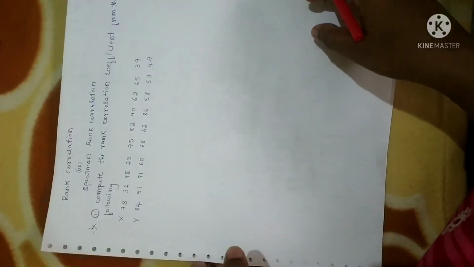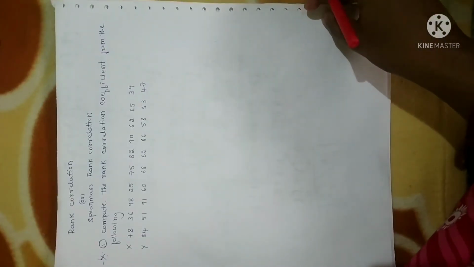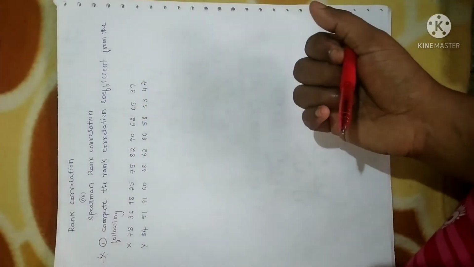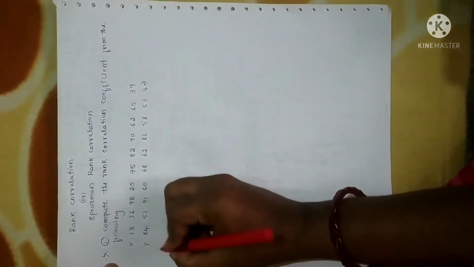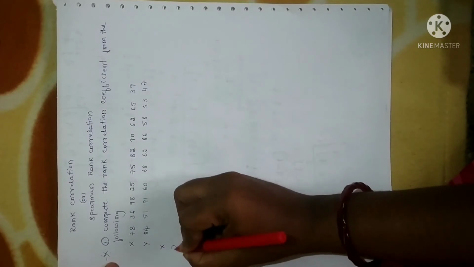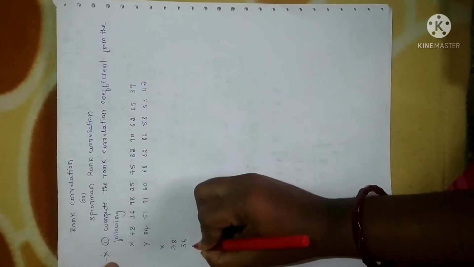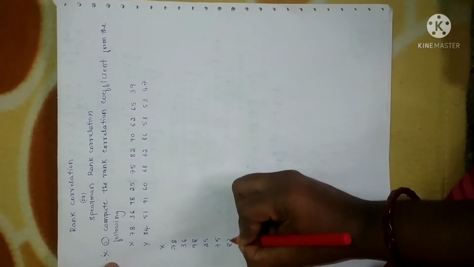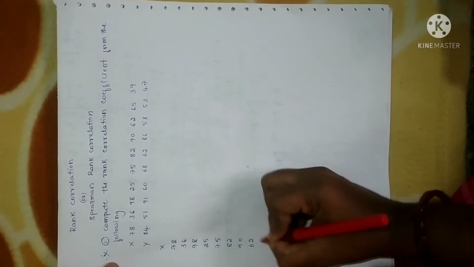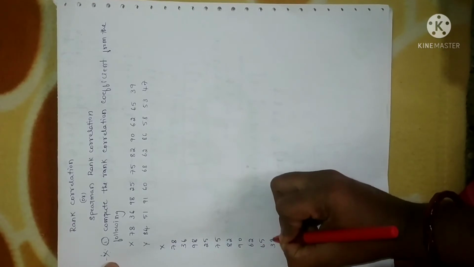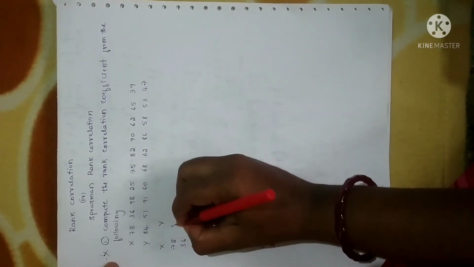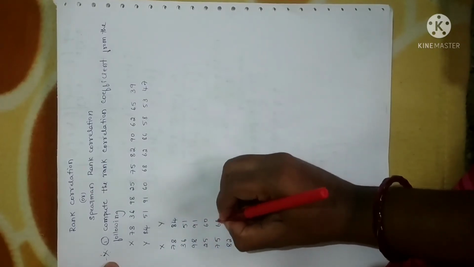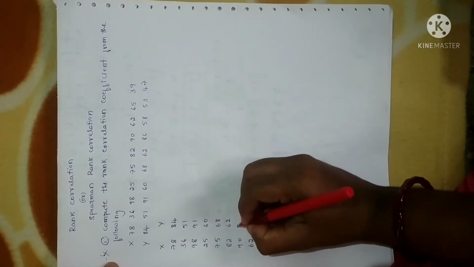Fine. Now look at the second problem. So here also we need to calculate the rank correlation. In the problem itself, it is clearly mentioned. First step, as it is, you just write down the given x values: 78, 36, 98, 25, 75, 82, 90, 62, 65, 39. Next, you just list the y values: 84, 51, 91, 60, 68, 62, 86,